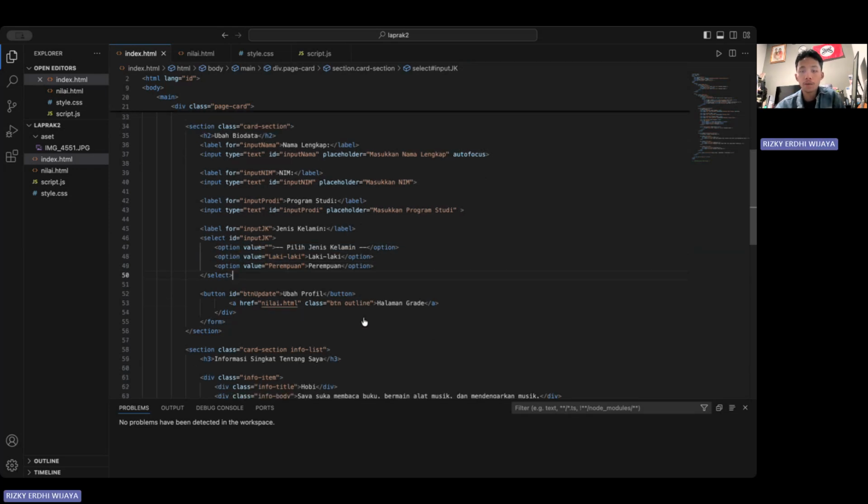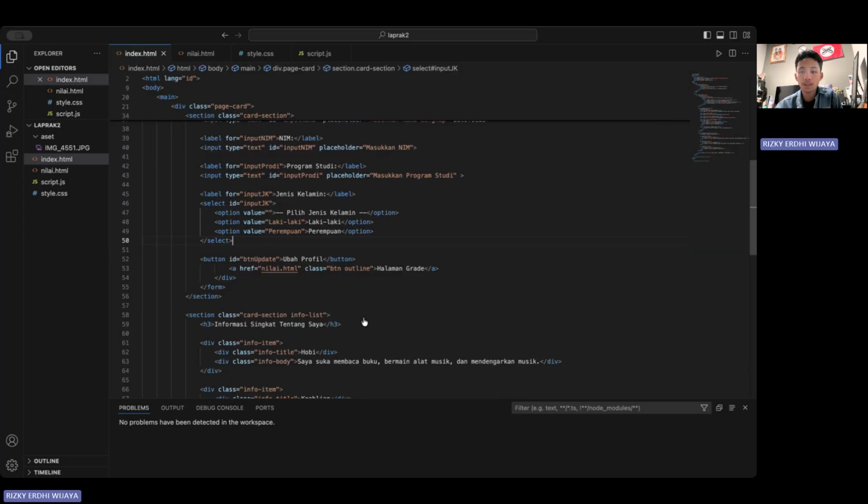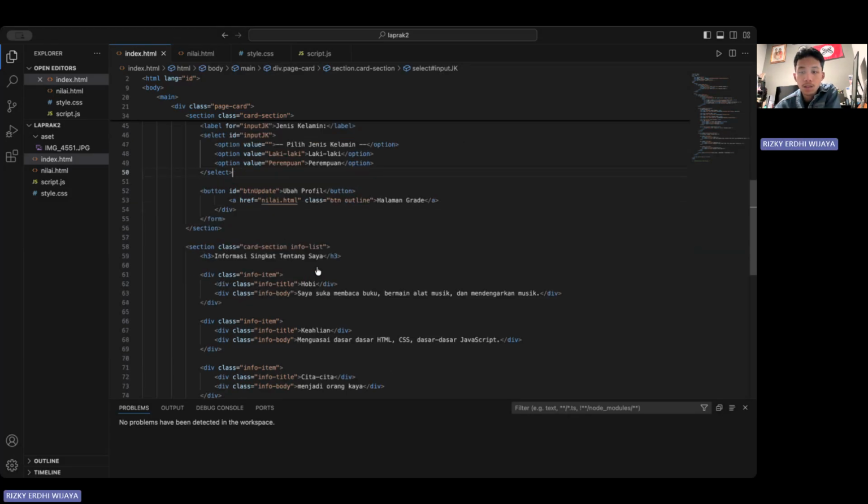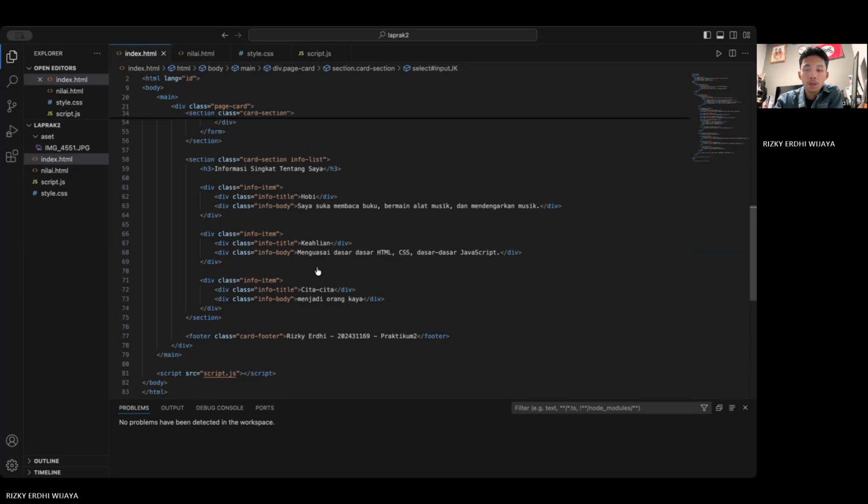At the bottom of the form, there is a button that the user clicks to submit the data. Additionally, there is a secondary button styled as an outline, which provides alternative navigation or action.